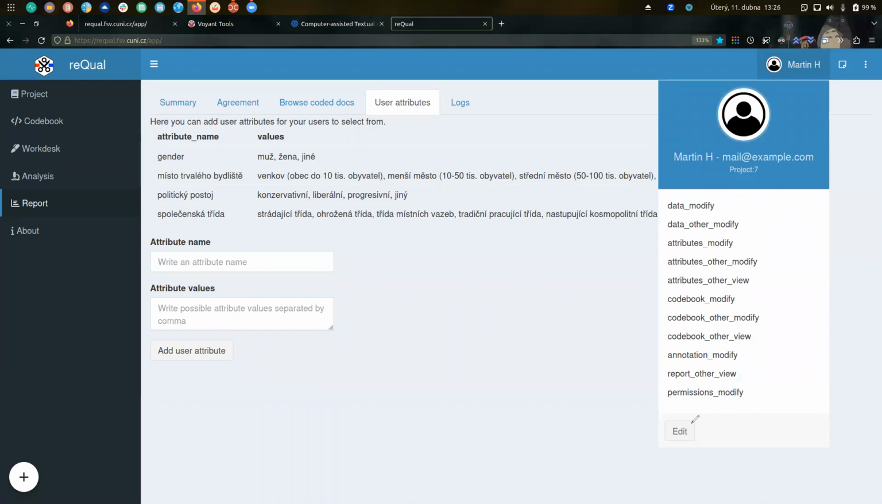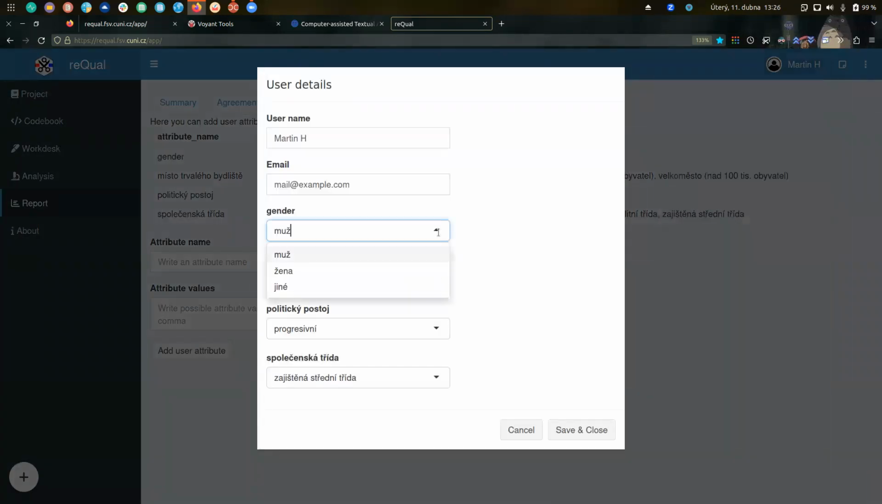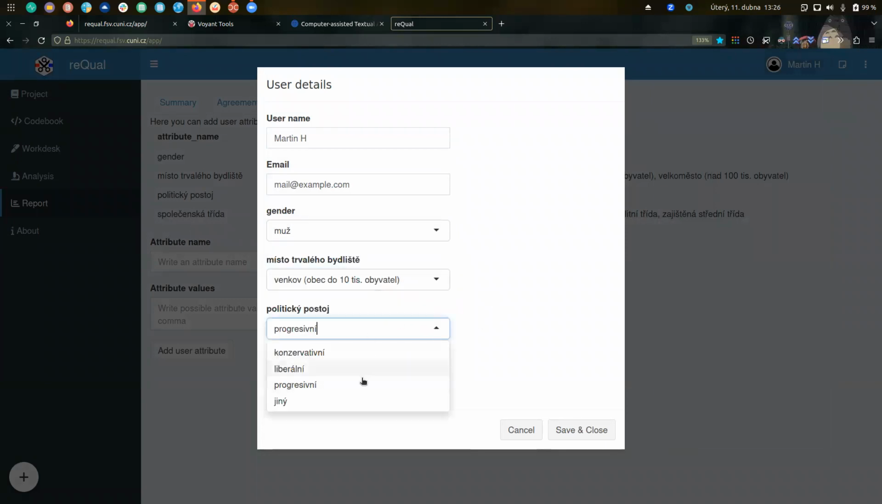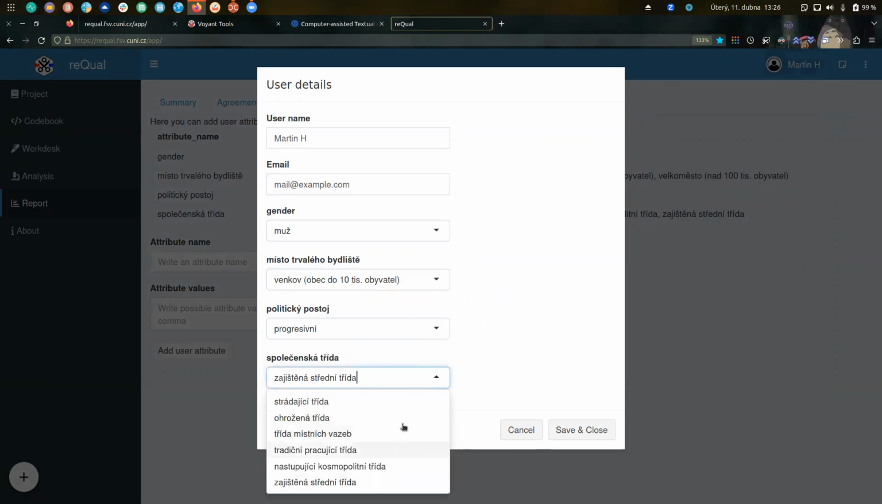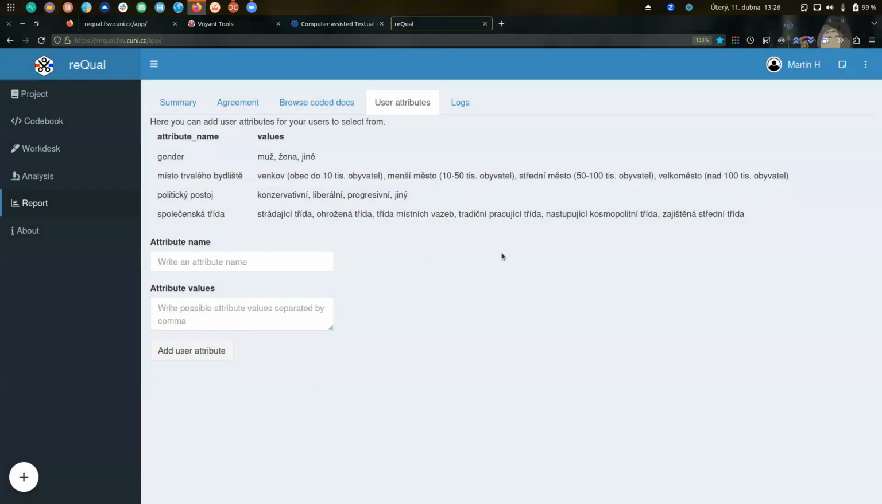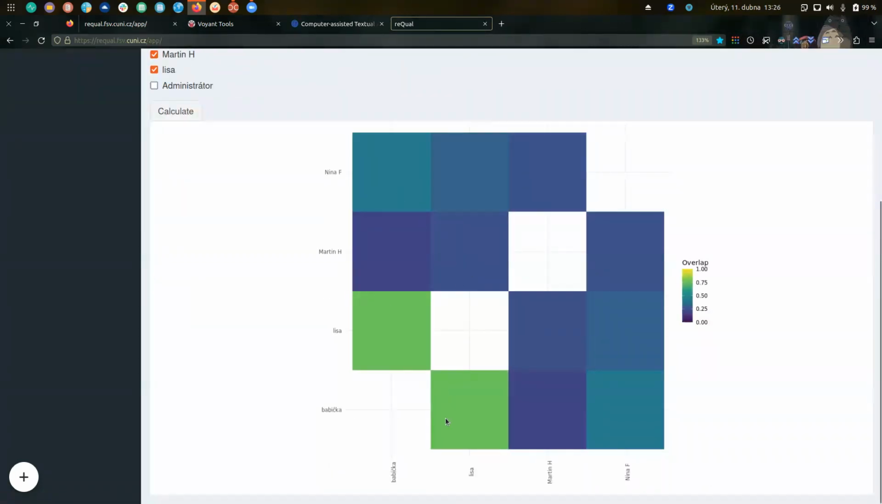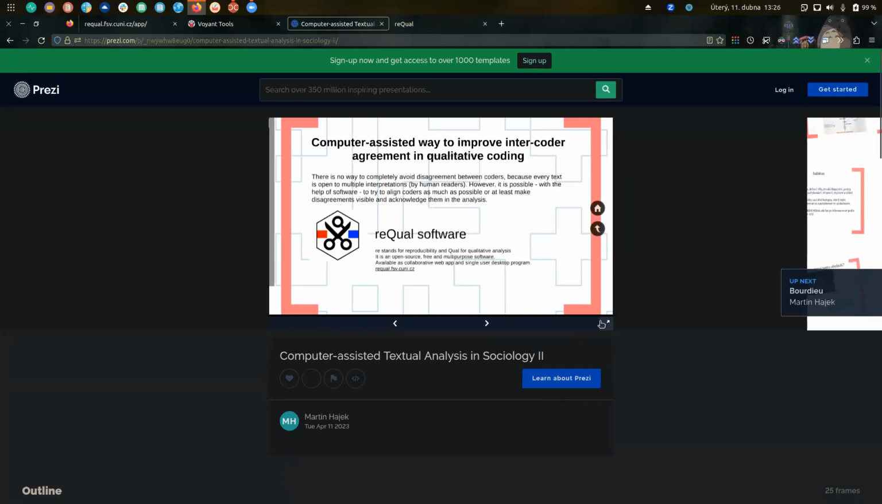So we can enter it now. Here, if I click on edit, I can select gender, place of living, my political attitude, etc., my class. And next, we can observe if the agreement here has something to do with this attitude and with these attributes. And I will go back to the presentation,